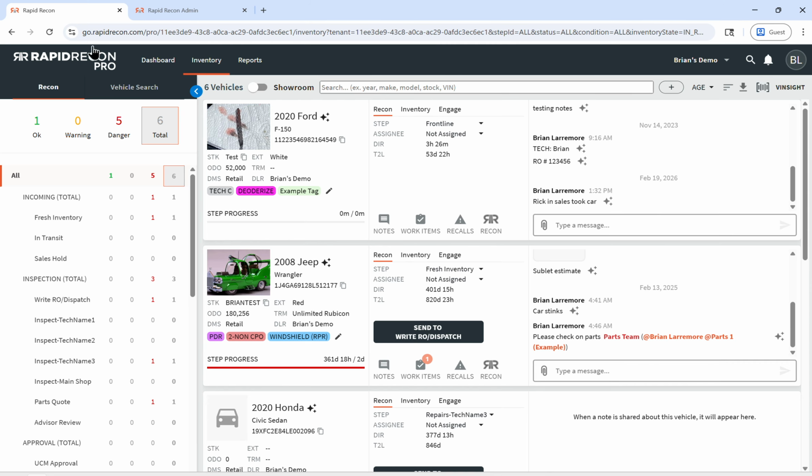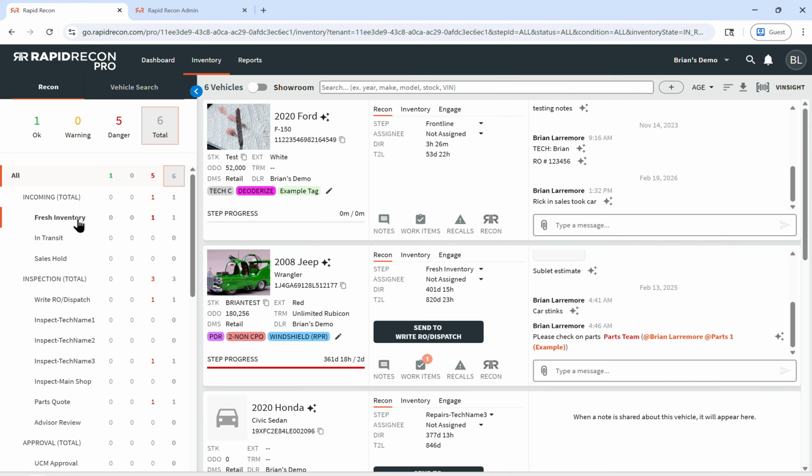As we can see, I'm currently logged into the go.rapidrecon.com/pro website. On the left is going to be where that workflow is at. The first meeting we have in implementation is the discovery meeting, which is where we set these steps up in your workflow to match your current process or your preferred process. This can always be changed at any point in time, but it helps to have a solid foundation to start from. Units are usually being imported into your Rapid Recon Pro system into here from a marketing source, but sometimes